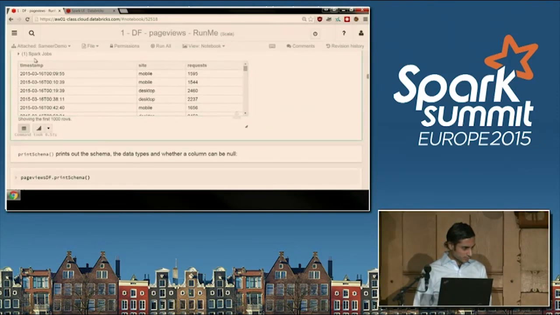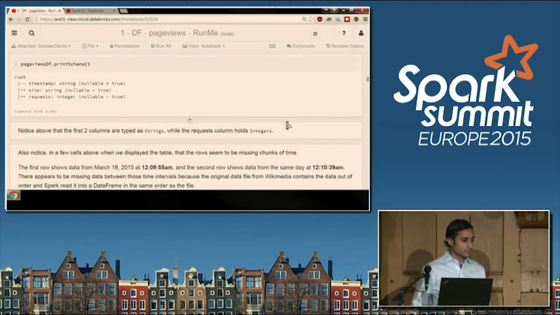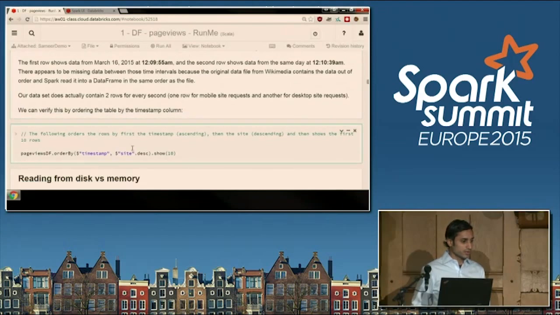Okay, so yeah, it looks like there is a gap. The reason this is happening is because our data set, the 255 megabyte file we read, didn't have the data in order according to timestamp. So it's not a big problem. We can just run order by timestamp column and then do another order by on the site column descending and then show the first 10